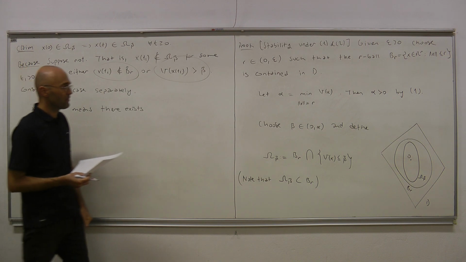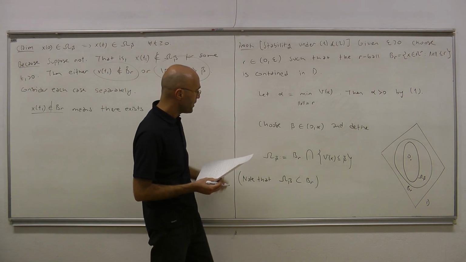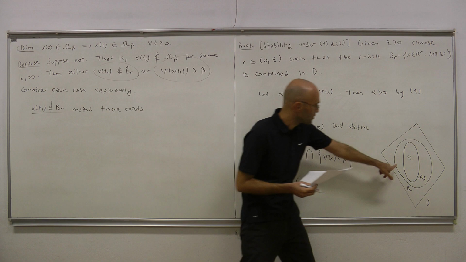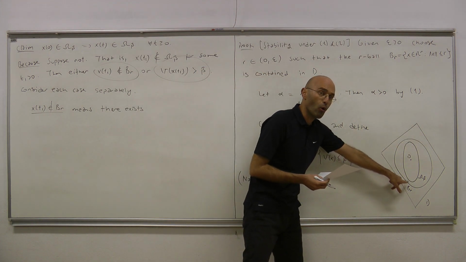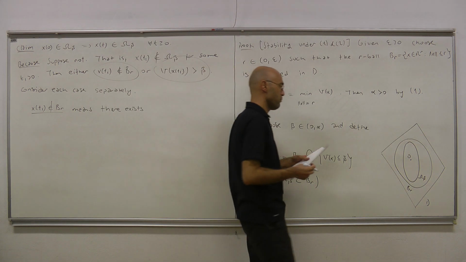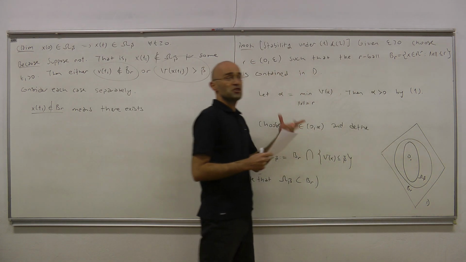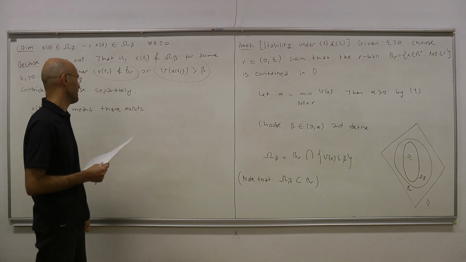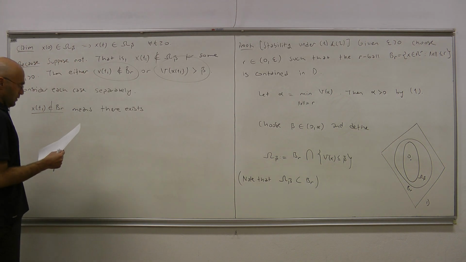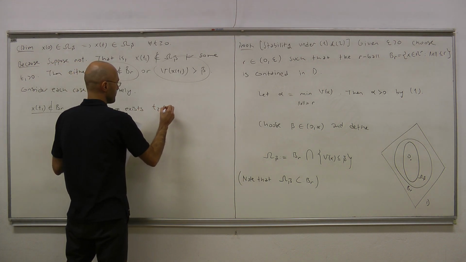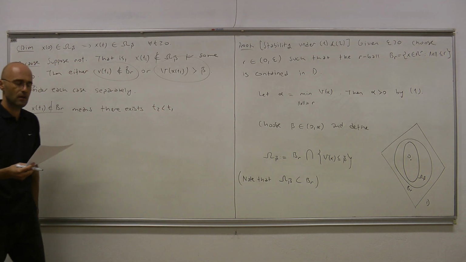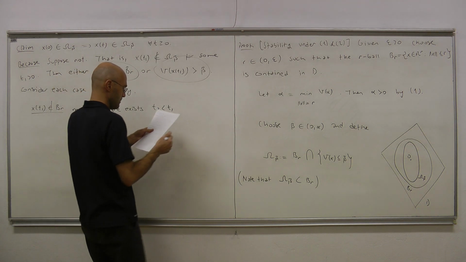So that means at some point in time, it has to cross the border of that R ball. At some point, its distance to the origin must be exactly R. That means there exists a time t2 less than or equal to t1, such that